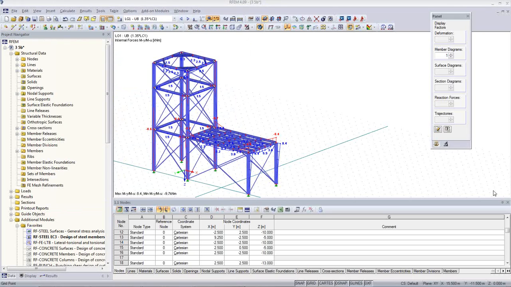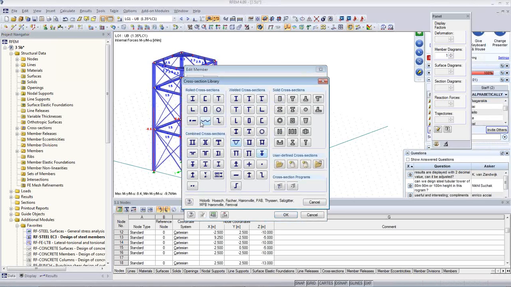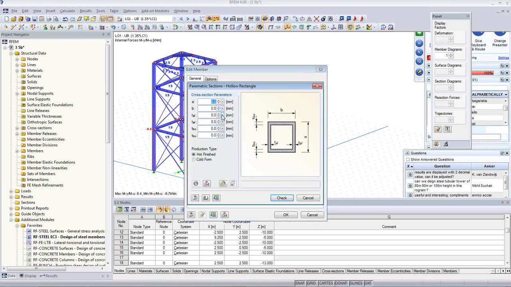One question is, can we design a steel tubular tower of 80 meters, 90 meters or 100 meters height in this program? I do not see any reason why not. You just need to model the structure as we see in here. You need to have, instead of I sections, some other type of cross section from the library. We have here I-beams, we have here hollow sections. You can even put in your own design, your own geometry of the hollow sections, and